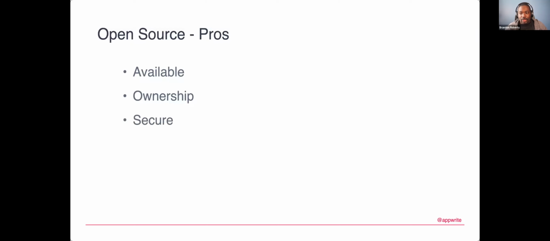There is an added bit of security because it's vetted by many developers and companies that are using these solutions for their database. And there's also the community around these database projects, who have personal and professional interest in using them and making sure that they thrive and succeed.